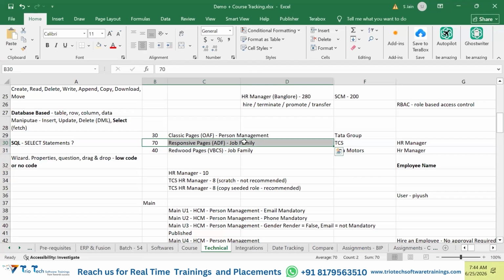Guys, you are with me? Yes. Yeah, clear. So guys, what has happened? Suppose initially once Fusion came into existence, maybe Fusion designed 100 pages. Out of those 100 pages, now they have come up with this new technology, so with this technology, they might have built 20 more pages. Definitely, if they have come up with the new technology, they will build the new pages with the new technology only, right? They will be creating all those new 20 pages with the new technology only. Agreed?